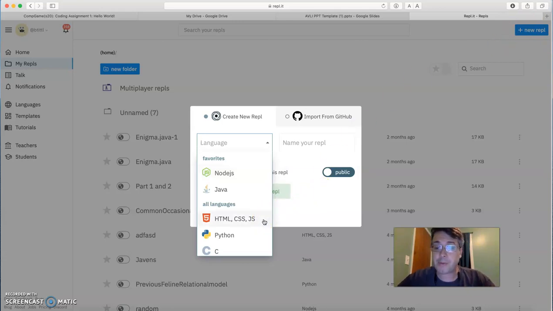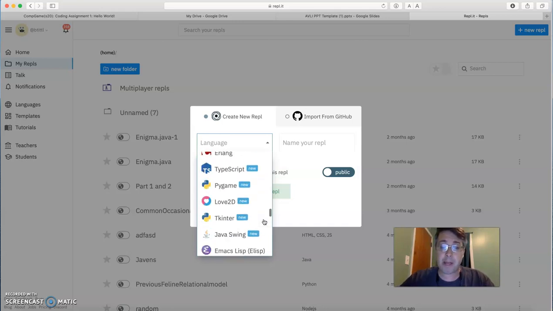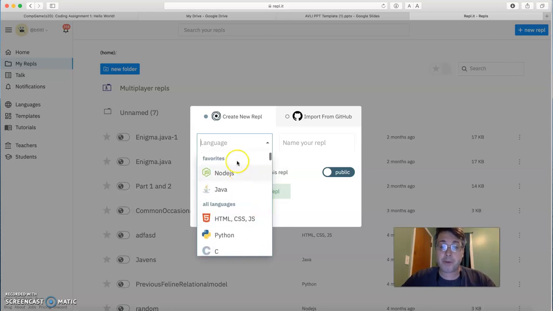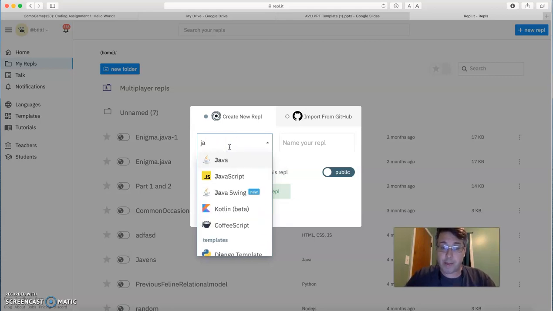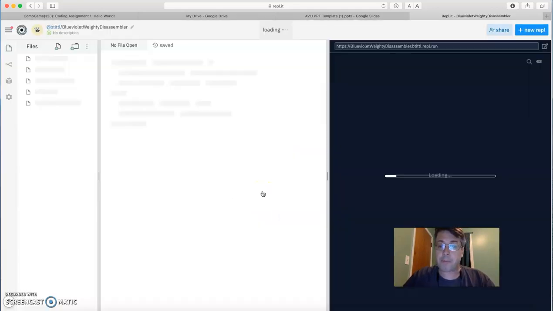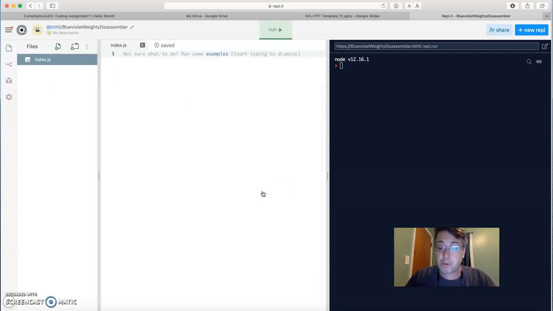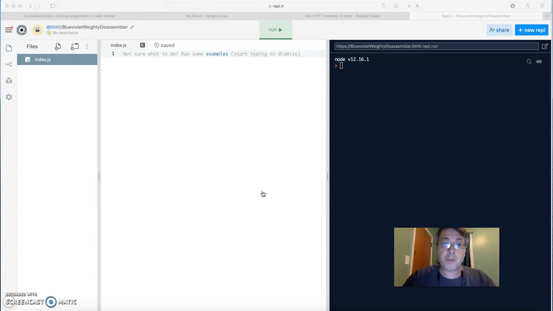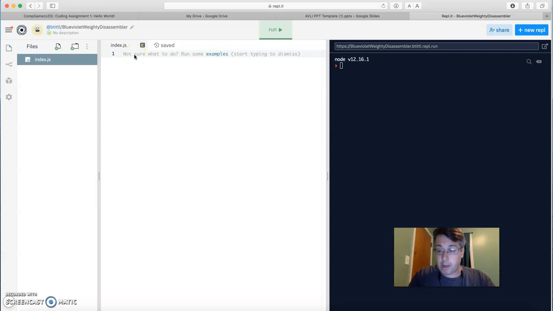Repl.it accommodates pretty much every major programming language from Java to JavaScript to Python and many others, as you can see here. I'm going to create a REPL in JavaScript right now. And when you create a REPL, it creates basically a web page that you can share with your students and easily link in your LMS. So this is a JavaScript REPL, and I'm just going to show you how it works. We're just going to do a really quick console log